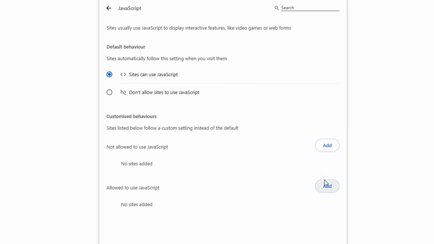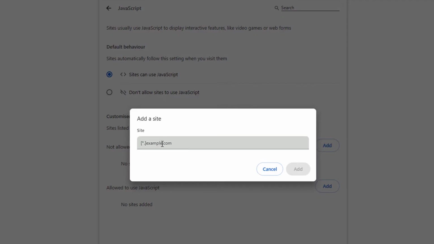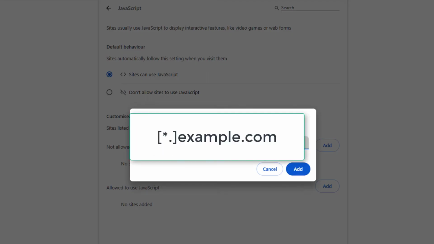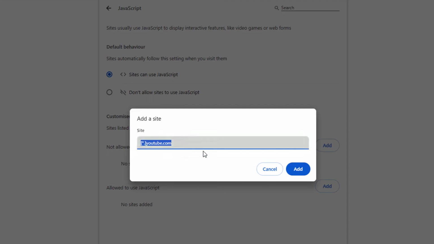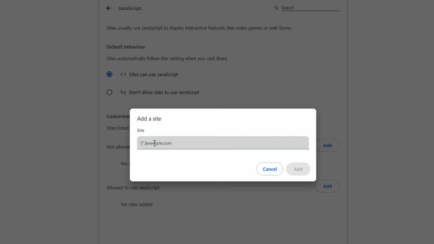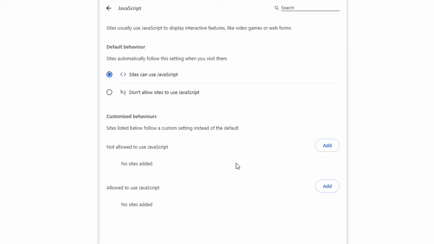But let's imagine I want to not allow YouTube, for example. Then I can do something like this, bracket, dot, these are regular expressions, let's say youtube.com. But then I won't be able to use YouTube in this example because YouTube will rely on JavaScript. Okay, so you can specifically add a site to allow to use JavaScript,